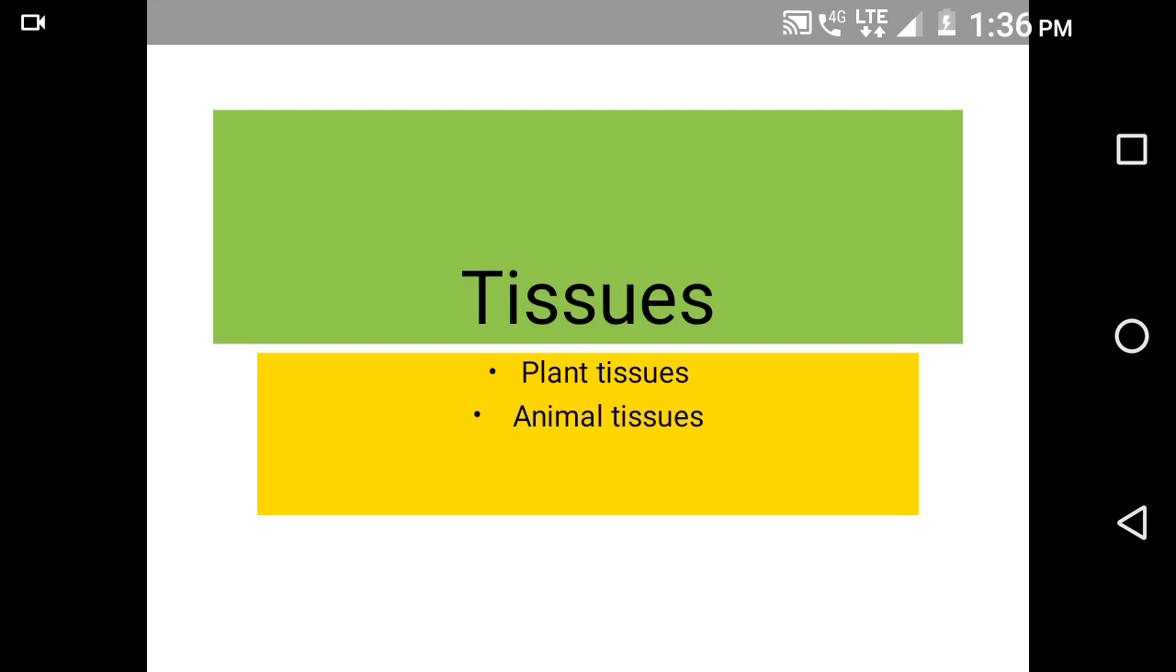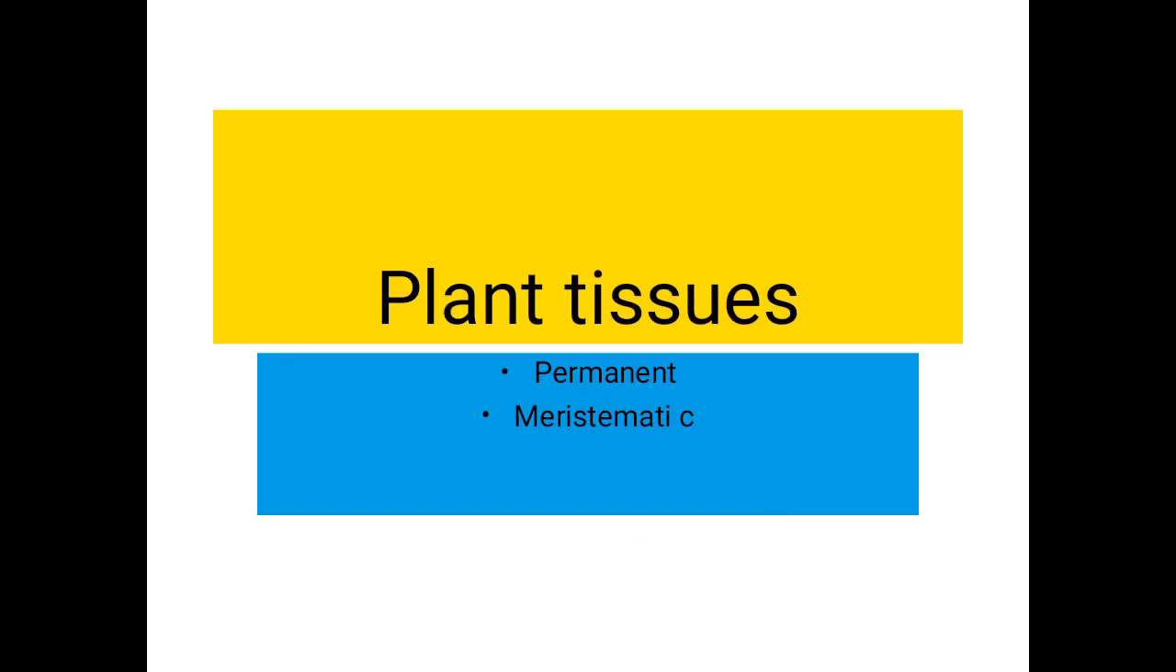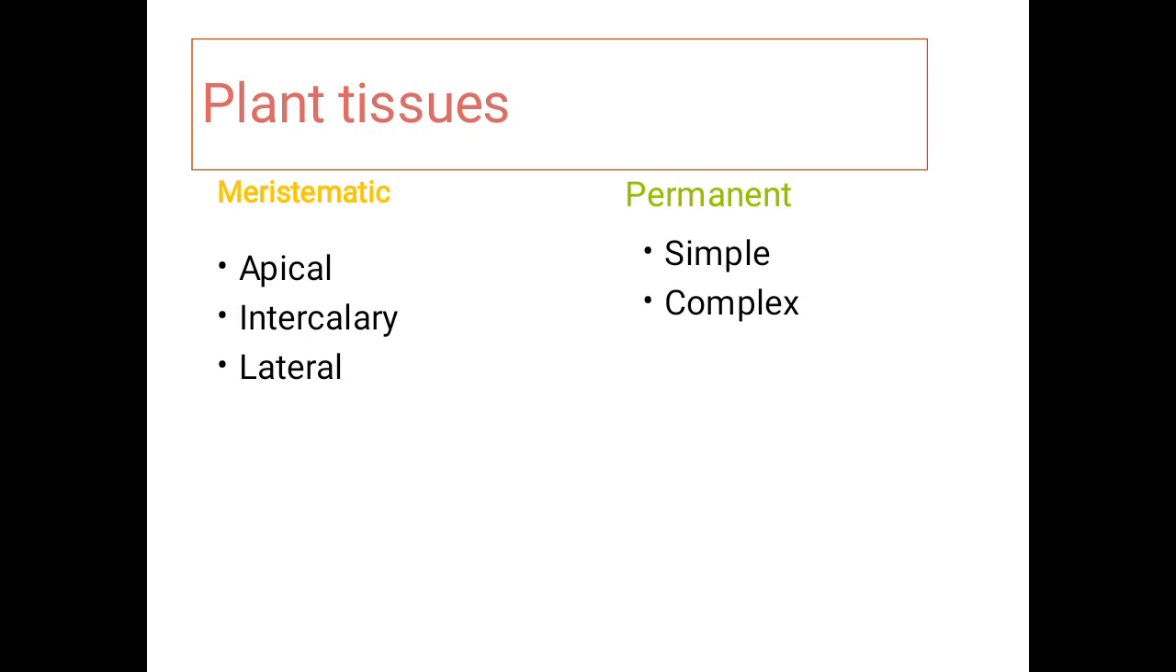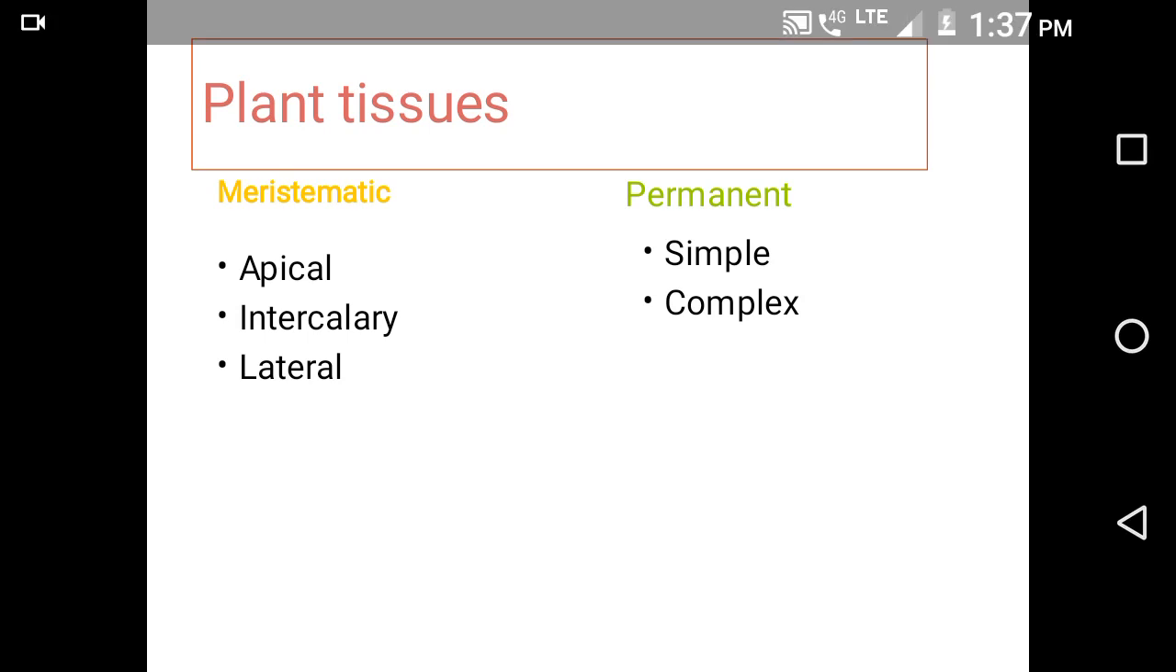The plant tissues are of two types: permanent tissues and meristematic tissues. So I told permanent tissues already lose their capacity to divide, and meristematic tissues are the tissues which help the growth of the plant, or they are the actively dividing tissues. Okay, so when you see the position of the meristematic tissues, the meristematic tissues can be divided into different types like